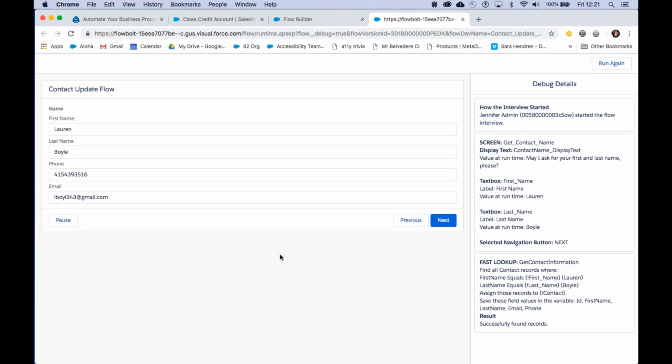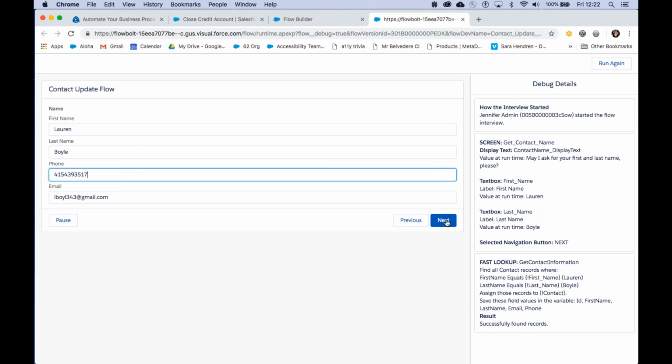Next. You can see on the right-hand side here, it's showing me what it's gone off to do. It's done a fast lookup, so it knew that we wanted a fast lookup. First name is Lauren, last name is Boyle, found a record, here's the record, here's all the information. Suppose that I've decided that it turns out Lauren's phone number is actually 3517.